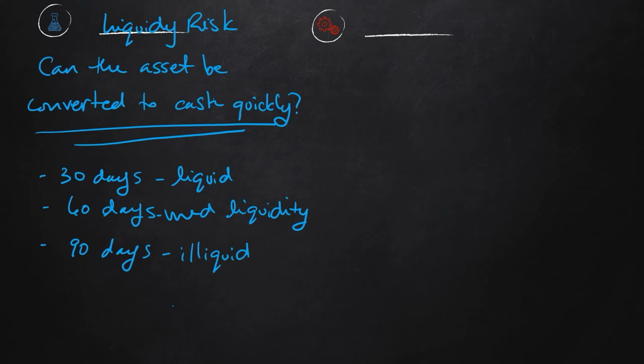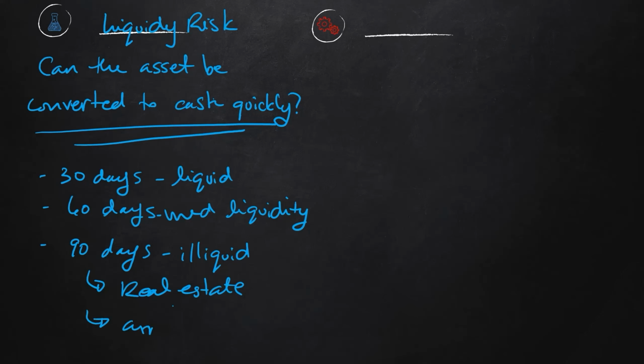Liquidity risk is associated with not being able to convert your asset into money or cash when needed. An example of something that holds liquidity risk would be real estate. Real estate is considered an illiquid investment, and that's because in order to sell it, you do need a buyer, and that could take a long time to find one. There are also increases in time associated with closing dates and getting money and all of those kinds of things. So real estate is a great example.